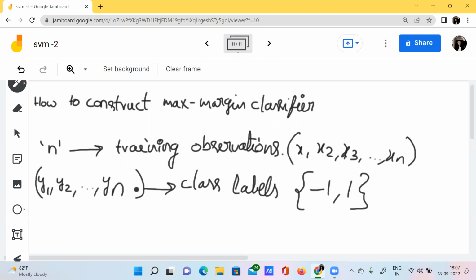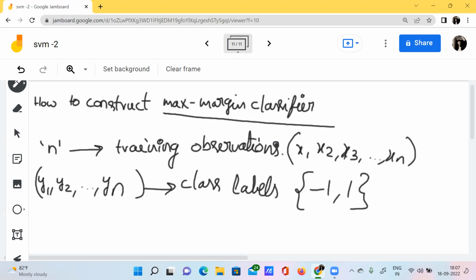So the class labels belong either to -1 or to +1. We have a number of training observations and a few class labels. Now, based on these two criteria, we need to construct the maximal margin classifier.